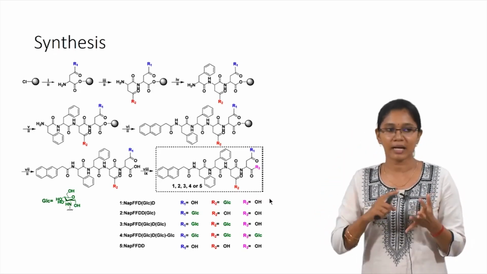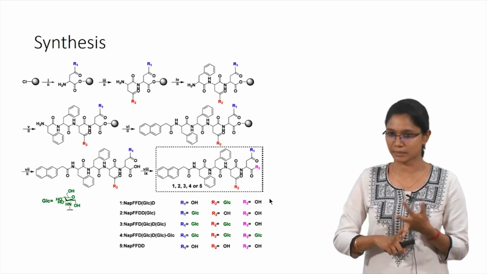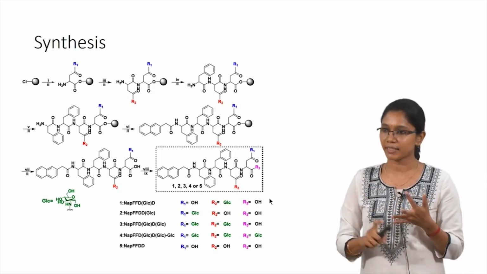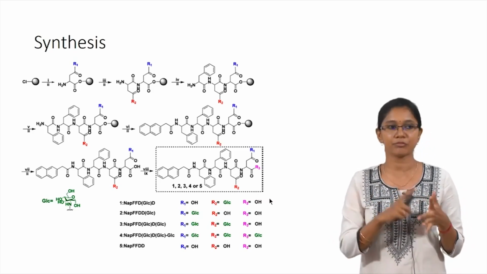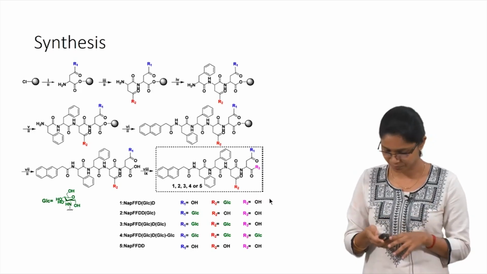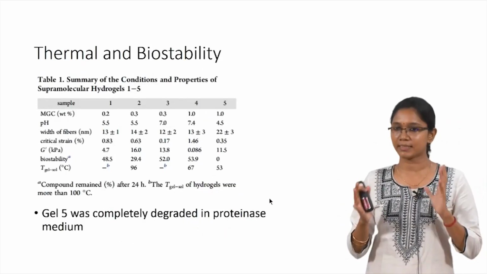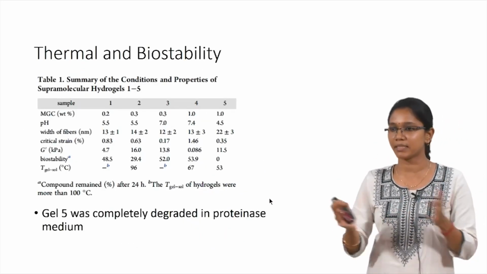And the 5th one will have no glucose residue, only aspartate. So, that is to be taken as your control molecule. So, there are 4 molecules with glucose variations and the 5th one with no glucose variation. And so, they have summarized all the results in a table of how the thermal stability and the biostability of